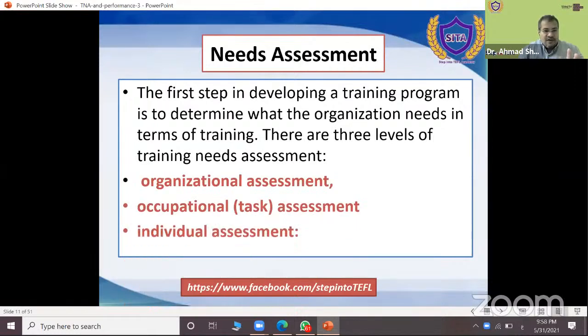The first step in developing a training program is to determine what the organization needs in terms of training. There are three levels of training needs assessment. As I said, your organizational assessment, the organization makes assessment for all employees, for teachers. So the next one is your occupational assessment. You are assessed for your occupation need as a teacher.